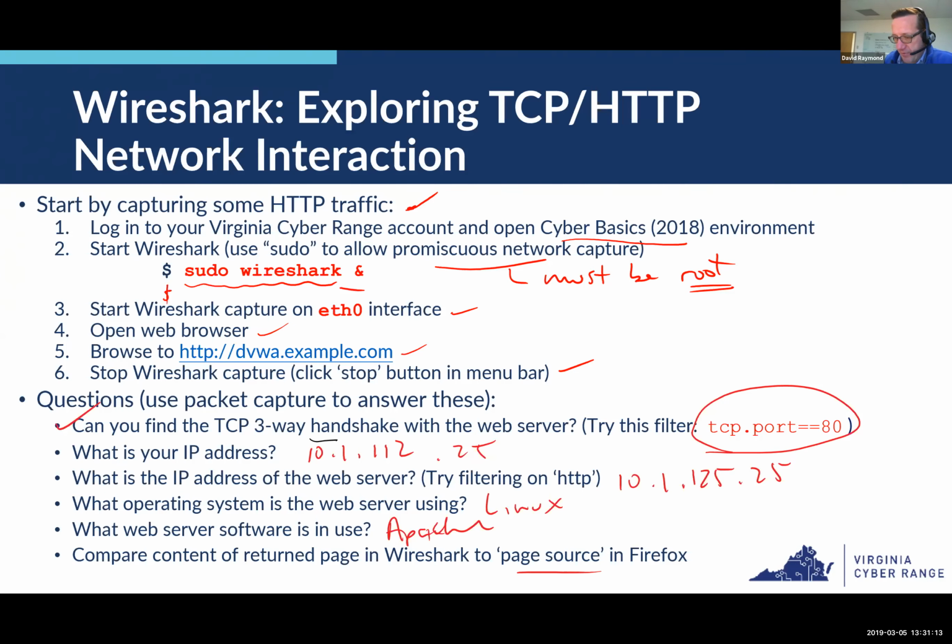This is a cool exercise for class. You put this up on the screen and you have your students work through these. Have them capture the HTTP traffic using Wireshark, and then you ask some questions about it. Find the TCP three-way handshake between the web browser and the web server, and then with that you can go back and talk about some of the networking stuff that you maybe have already covered. Then you can ask what's the IP address of the Kali Linux host, and what's the IP address of the web server. Of course, these are my values.